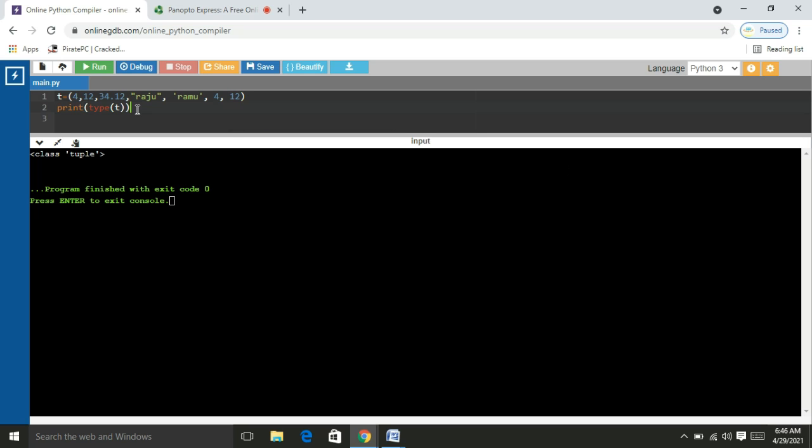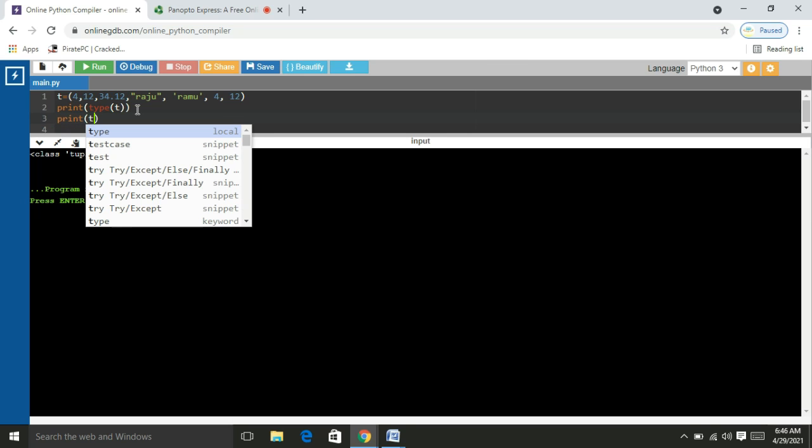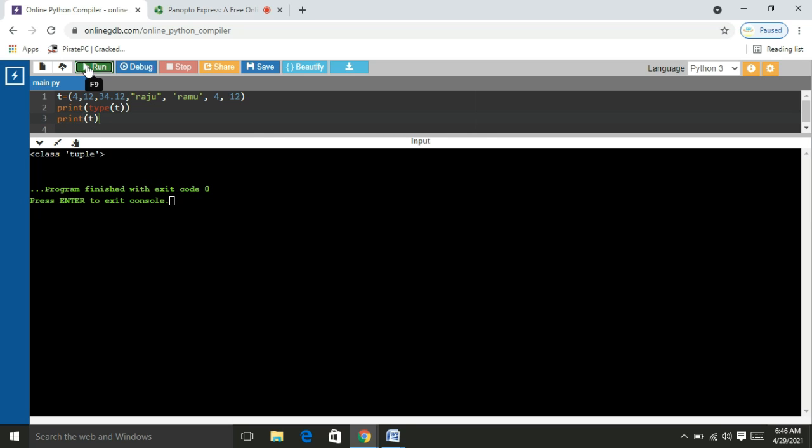I print T. Identify the output: the type of T is tuple, and the values are in the order we assigned them: 4, 12, 34.12, Razu, Ramu, 4, 12. We can observe that it allows duplicate elements and prints the data in an ordered manner, in the order in which we gave the input.